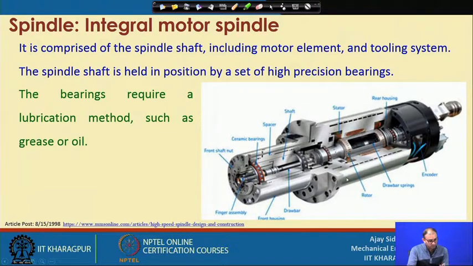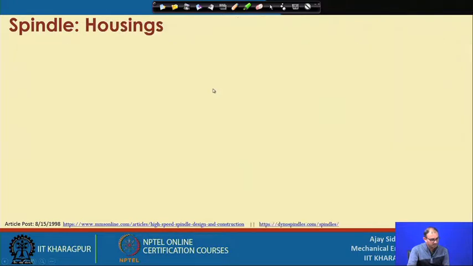Other than lubrication, cooling is also required, because even though we are using ball bearing and roller bearing, there is still physical contact, either a point contact or a line contact. So, at the end you need cooling also. Sometimes it is air cooling, which provides one type of air supply throughout the components, the other is water cooling. You can provide different types of openings here, slots, where the water will pass through and cool most of the components. So, this is the integral motor spindle.